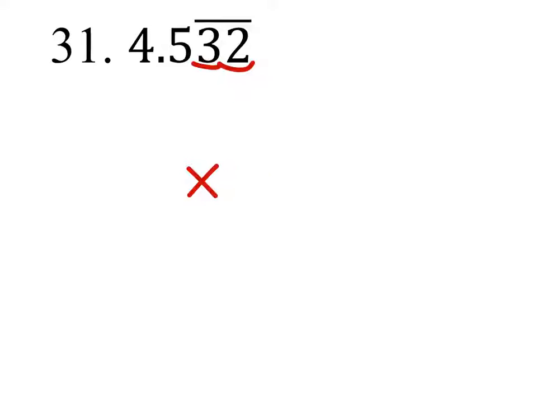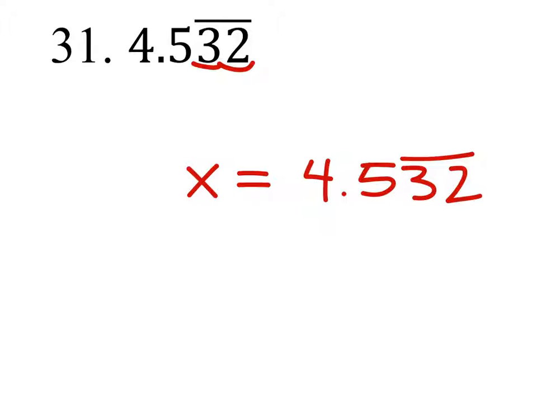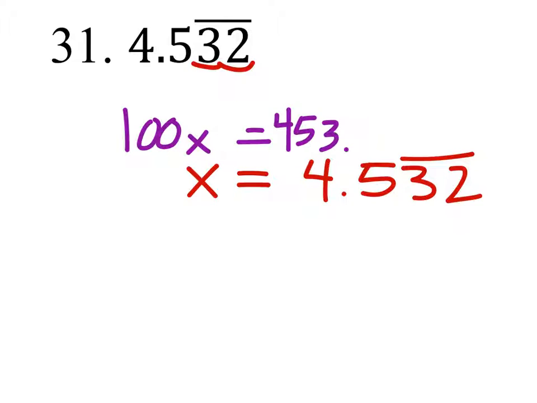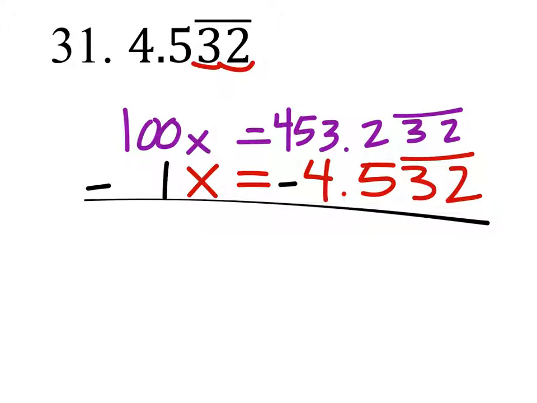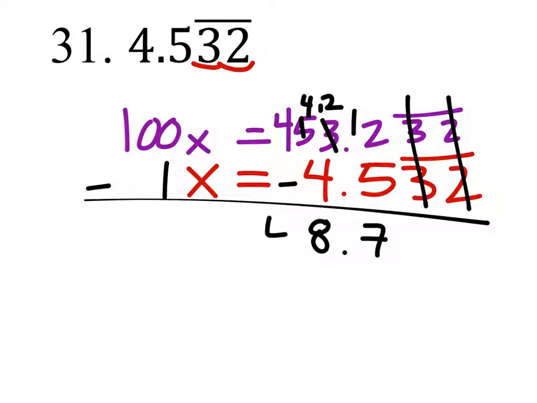So I'm going to say x is 4.532 repeating. And then I will say that 100 x's, because I moved the decimal twice, equals 453.232, and then those repeat as well. So we're going to subtract these, that's a 1x. And then the 2's and the 3's cancel out. I need to borrow from these. So I got 12 minus 5 is 7. 12 minus 4 is 8. I got 4